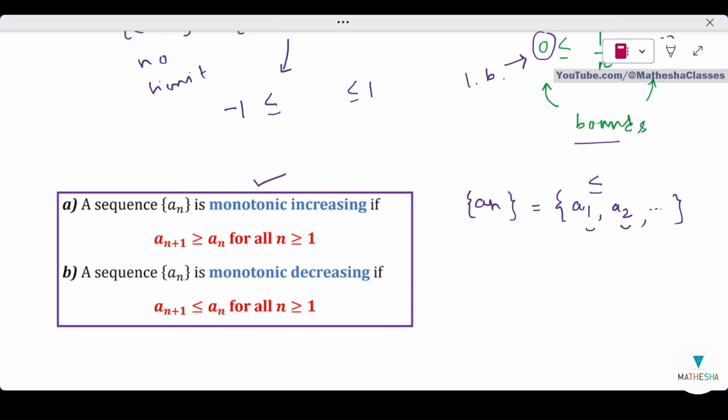Similarly, a3 has to be bigger than or equal to a2 and so on. So a sequence an is monotonically increasing if it obeys the inequality a1 less than or equal to a2 less than or equal to a3 and so on. A very easy example is